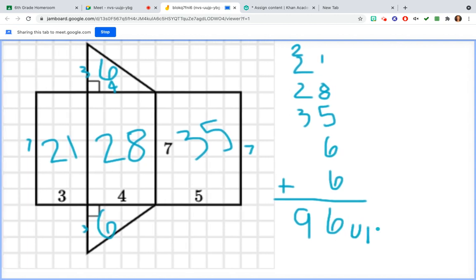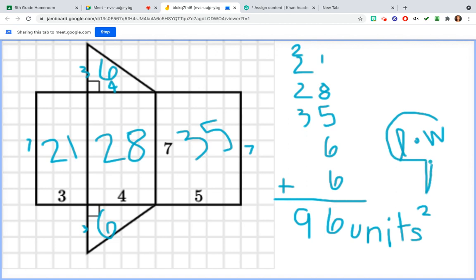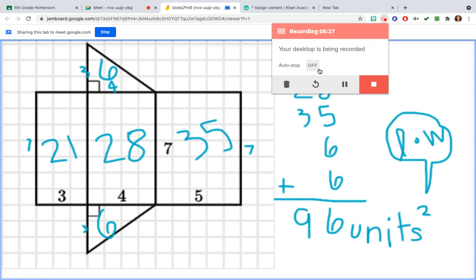What does it say? Units squared. Why is it units squared? Because area is not volume. Yeah, we did length times width. We multiplied 2 dimensions together. That's why our answers are in squared form. You guys go ahead and finish that assignment. We'll have time to do one